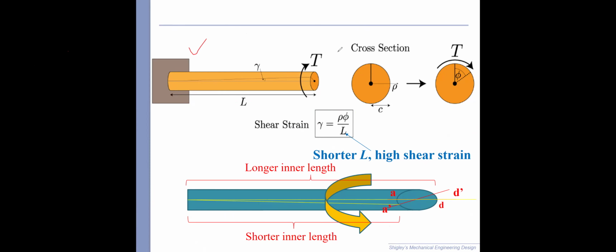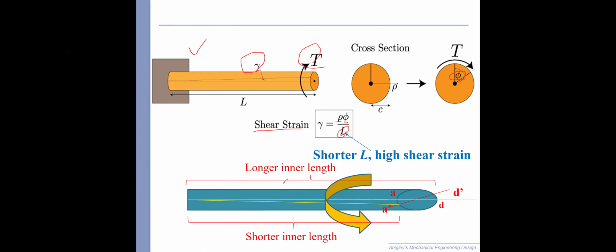So when this is a solid rod, we apply a torque T, and there's an angle gamma, the shear strain, right? And at this cross-section surface with the twist angle phi, okay? And we can define the shear strain gamma equals rho, the radius, times the twist angle over the length of the rod, right? And for this spring coil, the inner ring,